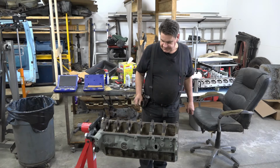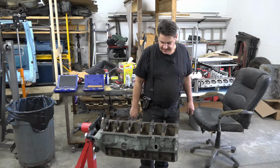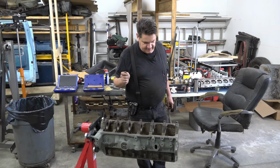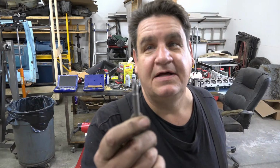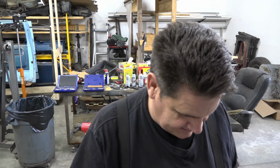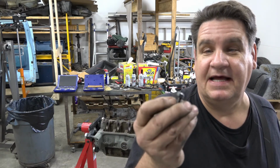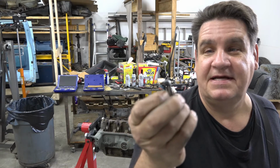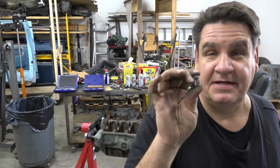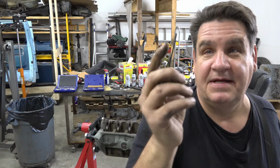Now you always want to be careful and never get too complacent, especially on a job where you've got like 50 holes that you're cleaning and chasing the threads out. You never want to get too complacent, because you can still break a tap. And if you do, you're going to be in trouble. I guarantee it. I broke one off flush with the top of the motor. And I was just damn lucky I was able to take a nut and lay it over the top of it and turn my welder up to nuke factor 4, because the tap is super hard and you're going to have a hard time welding to it. And I got just enough decent weld on that nut onto that tap where I was able to back it out,